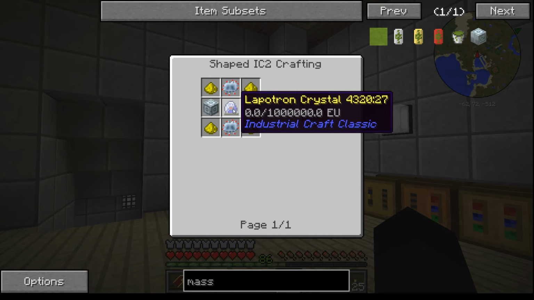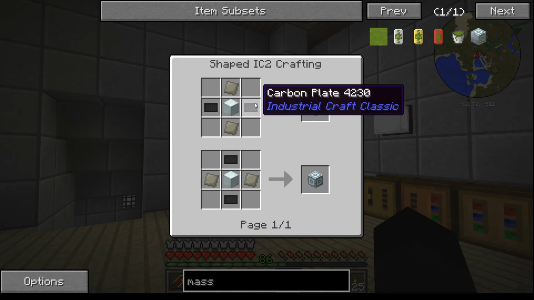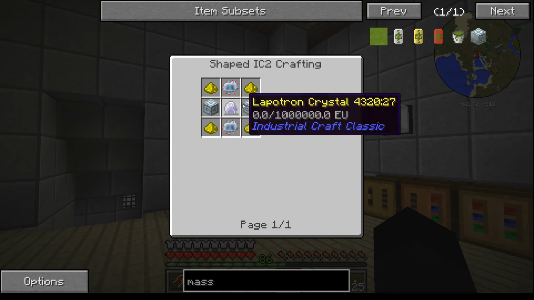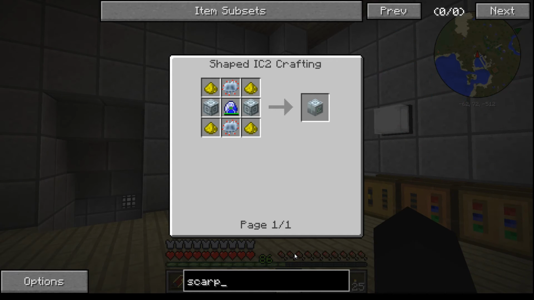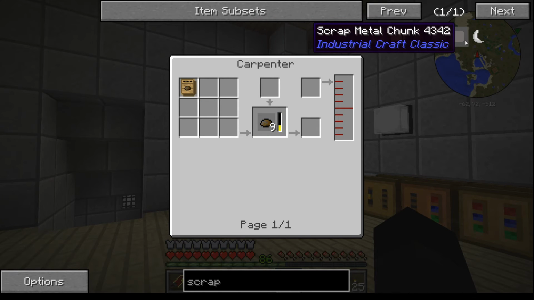A mass fabricator is going to cost a little bit. We're going to need a couple of these advanced machine blocks, which means I need to make some more of this, and some more of these, and some more of those. We're also going to need to come up with some way of getting scrap, not scarp, scrap. This stuff here, you make this in a recycler,